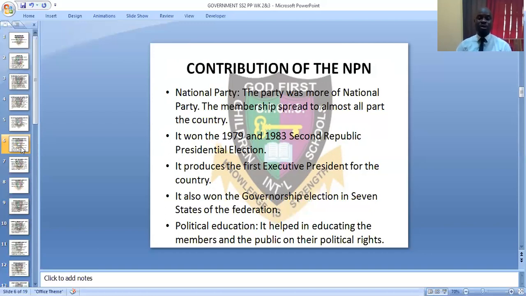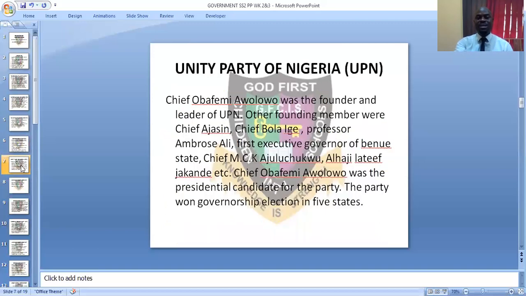Another contribution we have here is that they also helped in educating their members and likewise the public on their political rights. So the party NPN helped in educating the members and the public on their political rights. So this is all about NPN. You can still do more research, but let's go to the next political party, which is UPN,